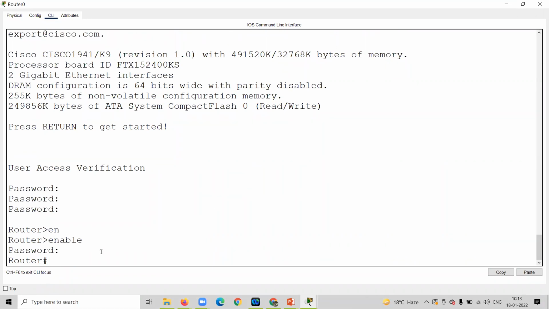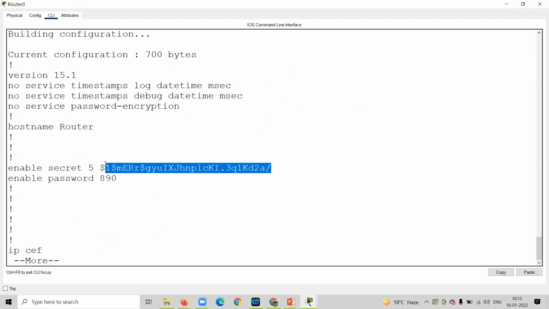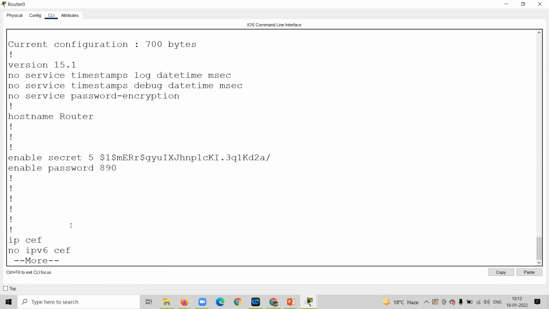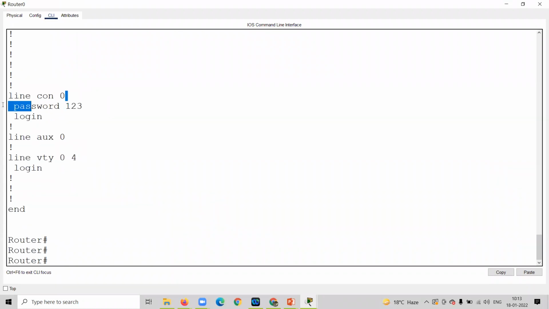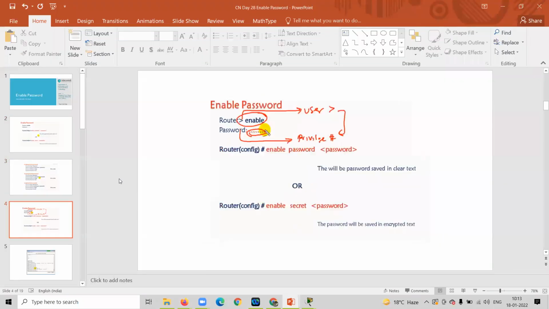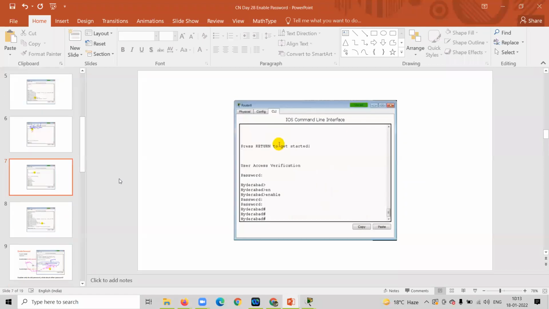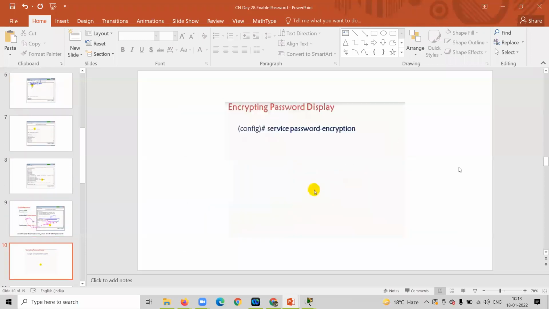Right? So here again, if someone writes show running-config, he cannot read the enable password, but he can read this password. They can read the line console password, the auxiliary password, the VTY password. So you can also make these passwords protected, right? For that you need to use the command that we saw last time, service password-encryption.